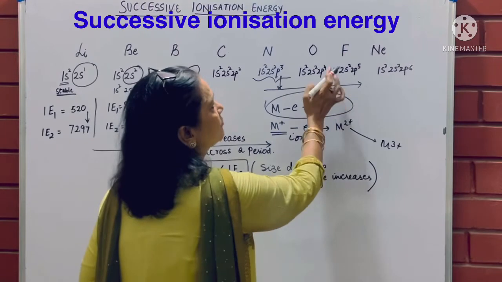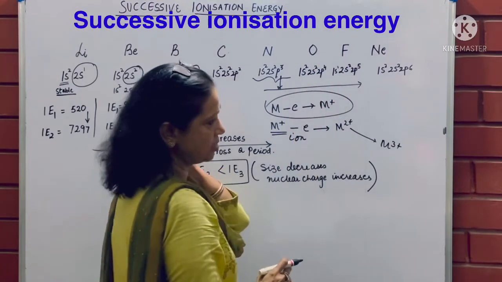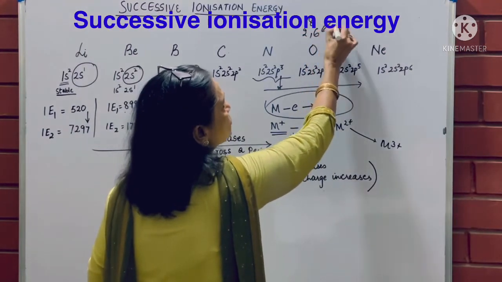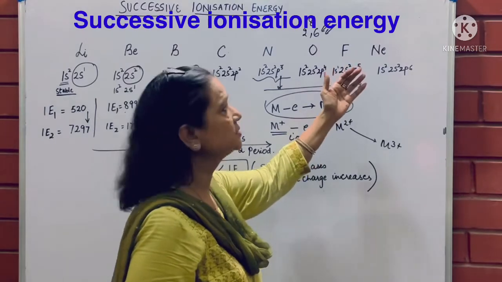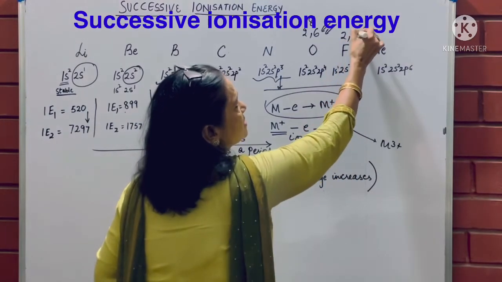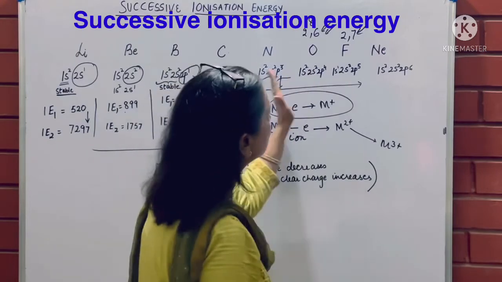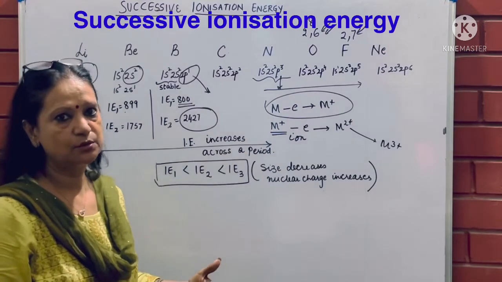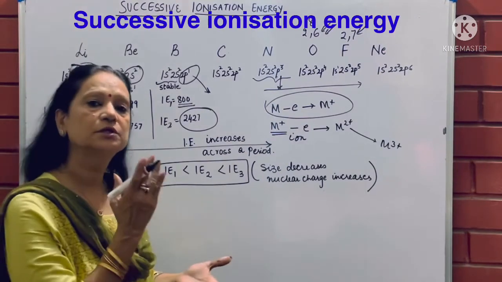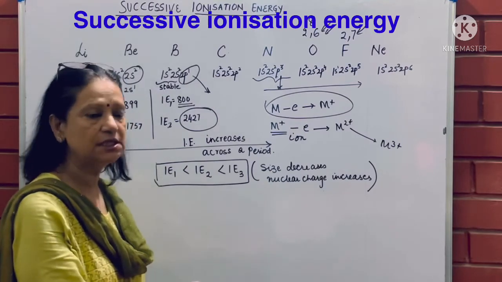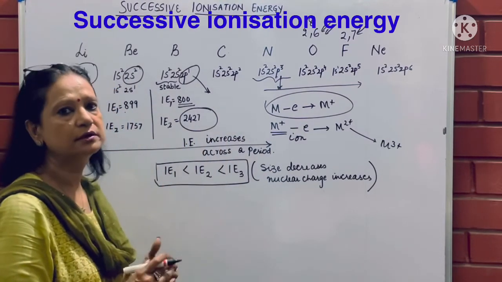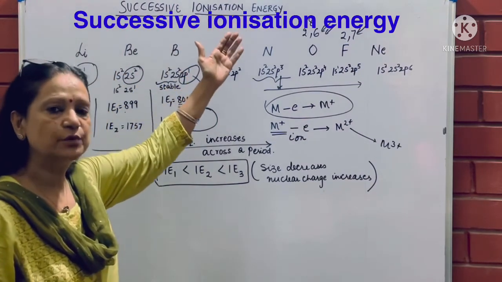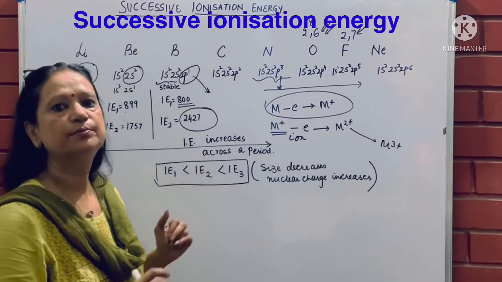This is already 4, would require 4 into 6 electrons are already there in the second shell. This is atomic number 8, is 2 and 6. It wants 2 electrons here, doesn't want to lose any further electrons. This was 2 and 7, wants 1 more electron here. So as I'm moving from here to the right of the periodic table, more and more energy will be required to pull out an electron because the atom is actually reaching stability and it will like to gain an electron rather than lose an electron. So successive ionization energy means what is going to happen if one by one I keep removing electrons.